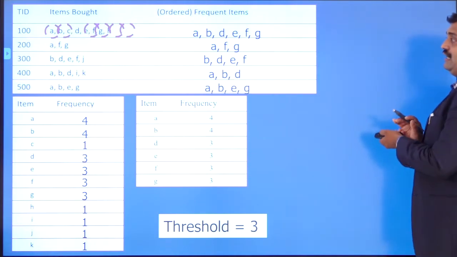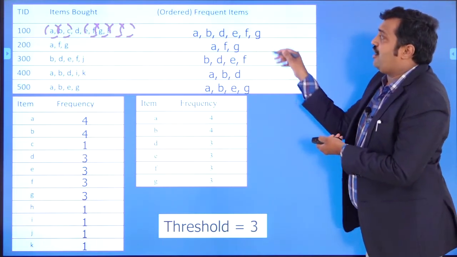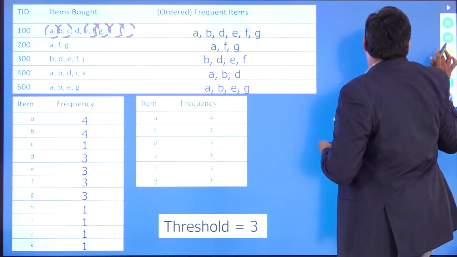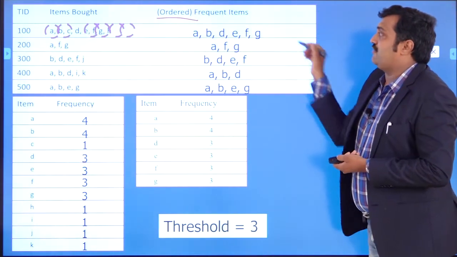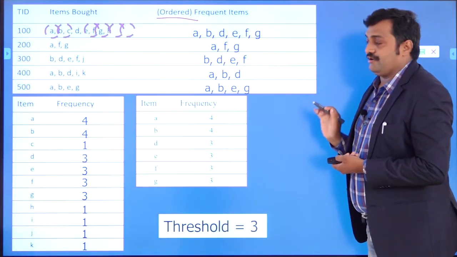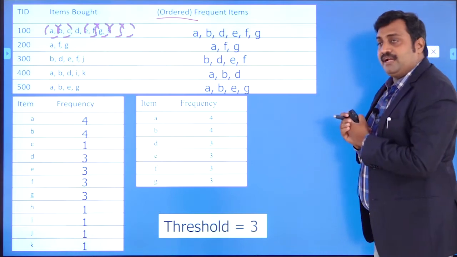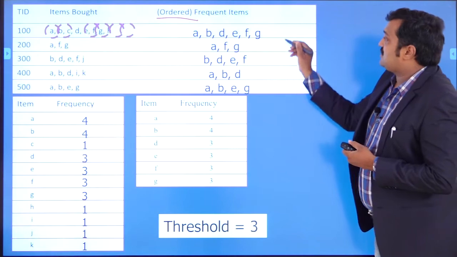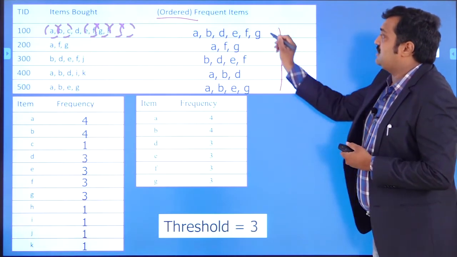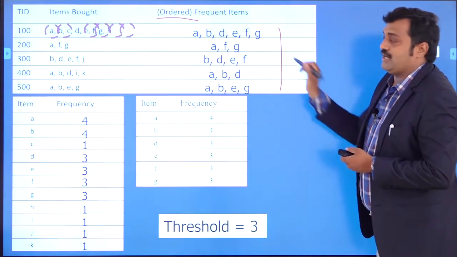Like I did, I make the order based on the support count. See, step 1 is done, ordered. I make all the items ordered. Now I am done with step 1. So I am taking all the items which are frequent in scan 1, as well as putting all the items in an ordered fashion.